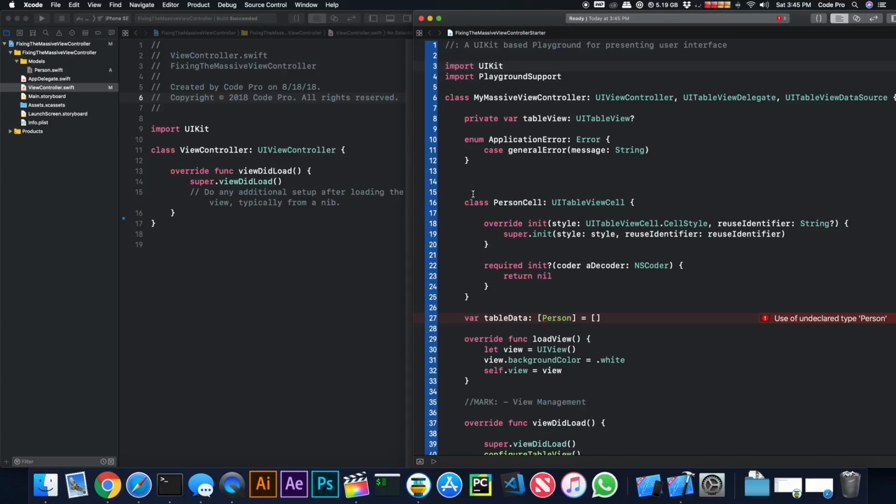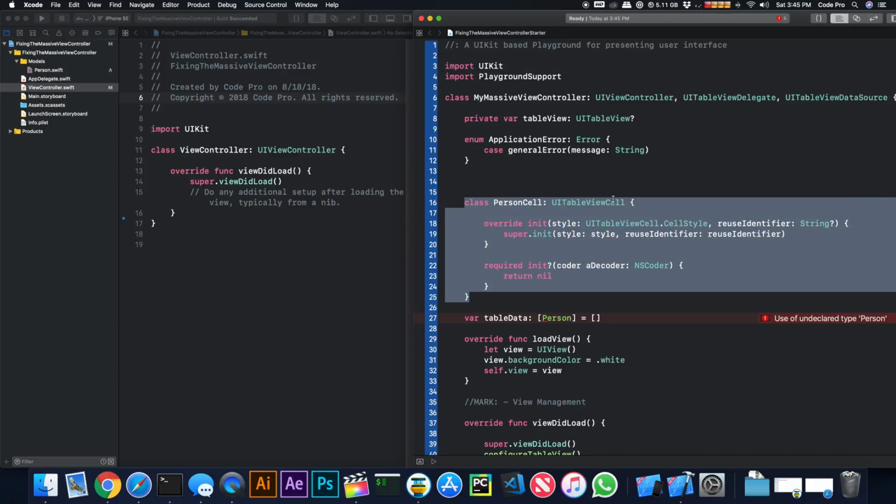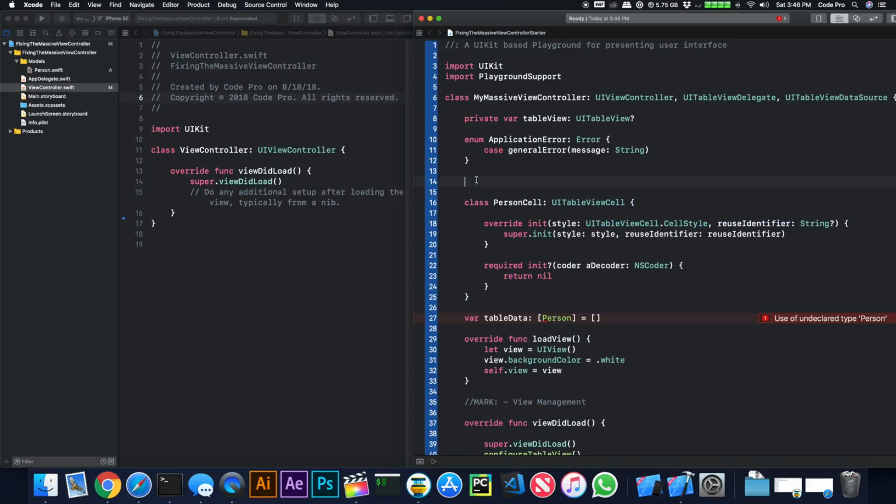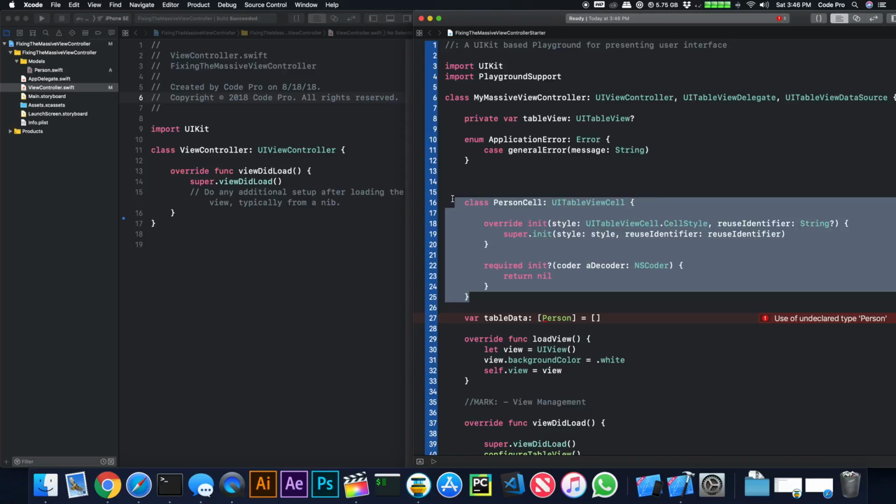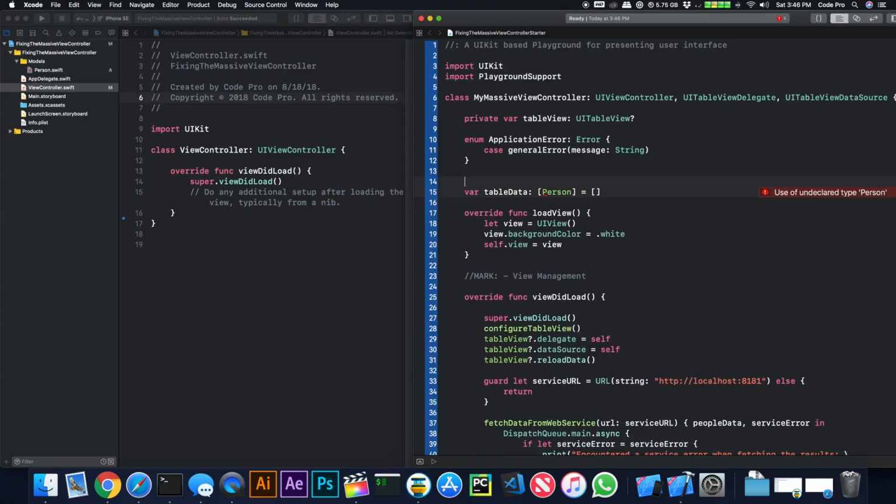So the next thing we run up against is this person cell, and it's just a UI table view cell, but it's living inside of the view controller, at least it's defined here. Now, I'm doing everything programmatically. You're probably using Interface Builder via Storyboard or through nibs, but that's fine. The same concept applies. What we can do is extract away this code from here,